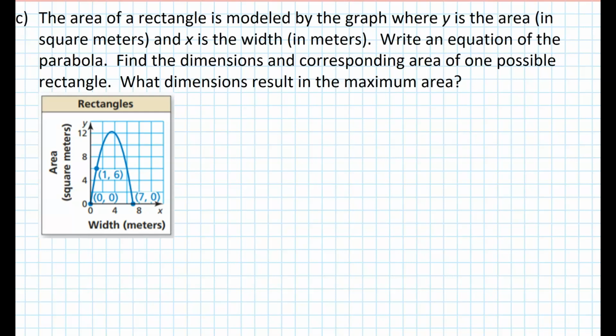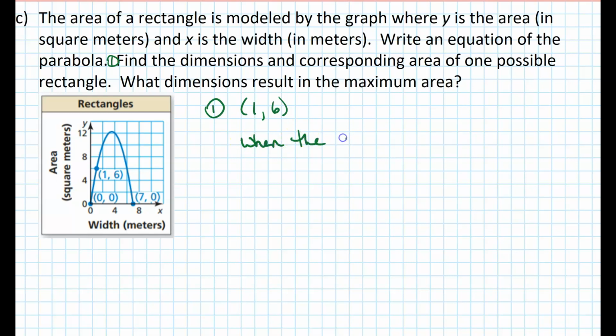Actually, you know what? I want to talk about this one first. Find the dimensions and corresponding area of one possible rectangle. So this goes into the interpretation of what this graph is representing. We already see very clearly that the coordinate (1, 6) is marked for us. So let's talk about what (1, 6) represents. What did you get? The 1 is the width of the rectangle and the 6 is the area. Okay, so we can say